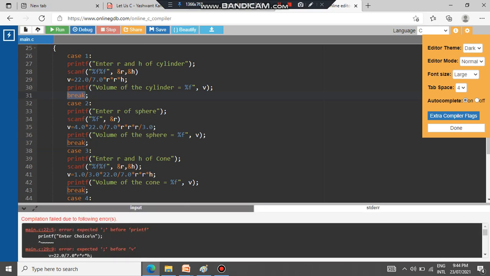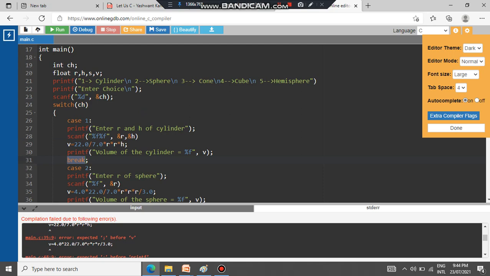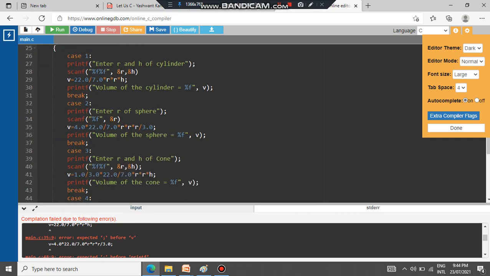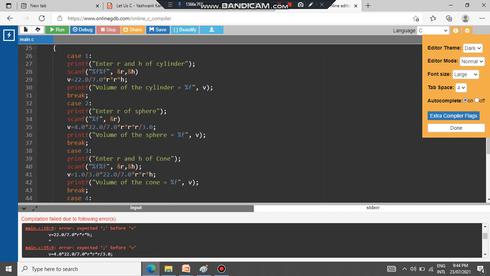So there are some errors. Let us try to find out the errors. There are semicolons missing, at line numbers 22, 29, 35. Let us go to line number 22. Before this line there is a semicolon missing, so we'll add it here. Then line numbers 29 and 35. It will give the line number also, if you read it properly. You can directly go to 29, and above 29 there is a semicolon missing. Then at 35 there is a semicolon missing.